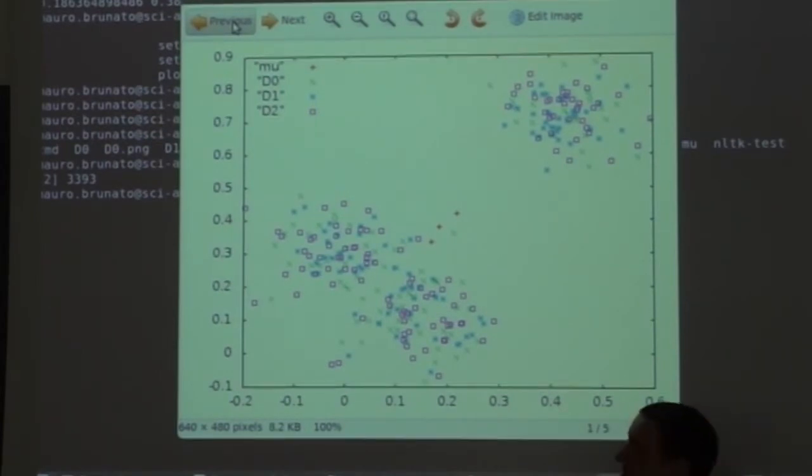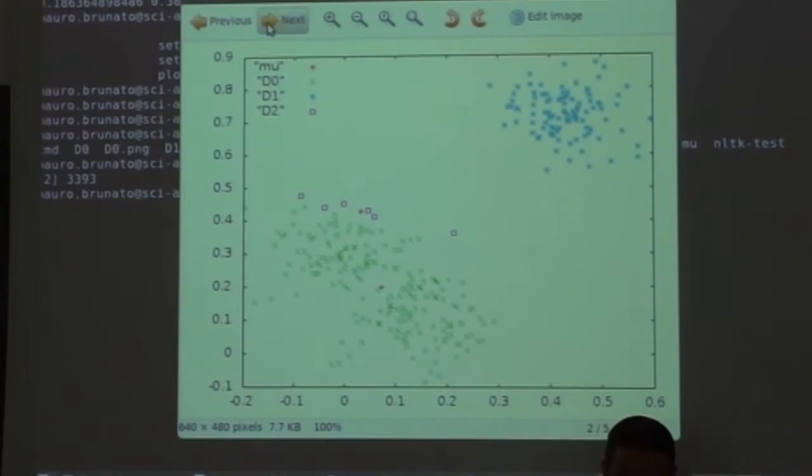In d0 we have the 3 centroids, well, actually in a rather unpleasant position. But in the second step, one of the centroids has been captured by this pair of clusters, the other centroid has been captured by the other cluster, and this has a marginal position. Let's see if things improve from here. Of course, they are going to improve because at the next step,